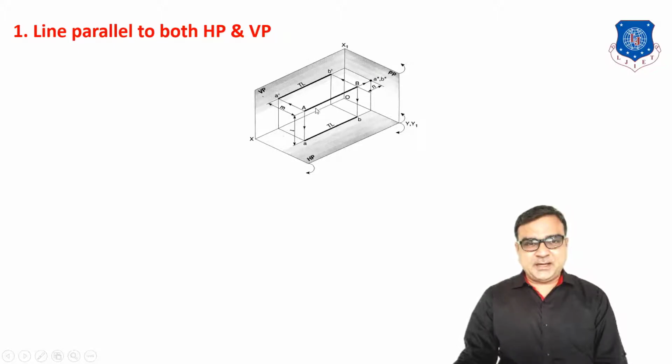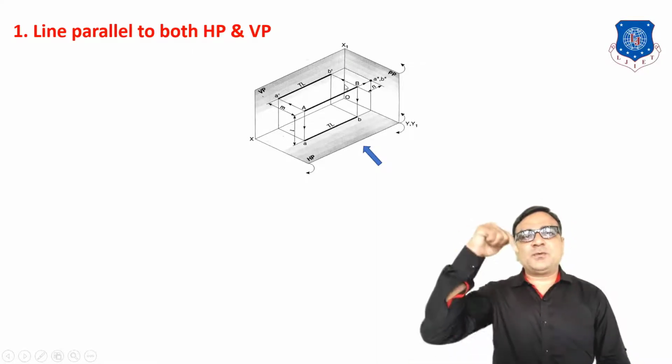Here the line AB is our main object, and when we observe the object from here, this is the position for front view, and we take the projection of line AB on the vertical plane. For example, A is one end of the line, so the projection of capital A on the vertical plane is A dash, and the projection of B on the vertical plane is B dash. When we join A dash B dash with a straight line, this line is known as the front view of the line. The length of this line must be the true length because the line is parallel to the vertical plane.